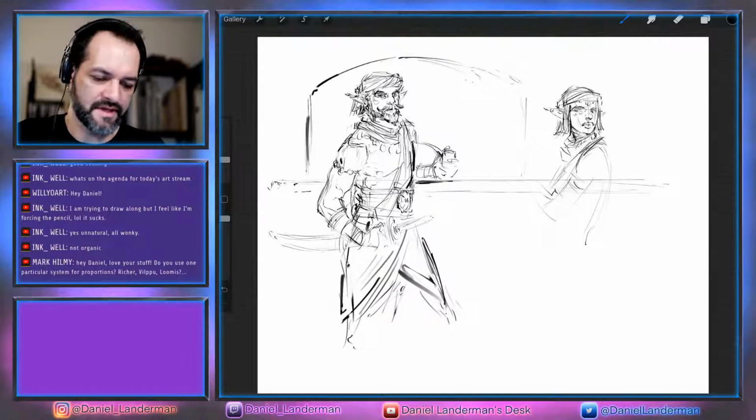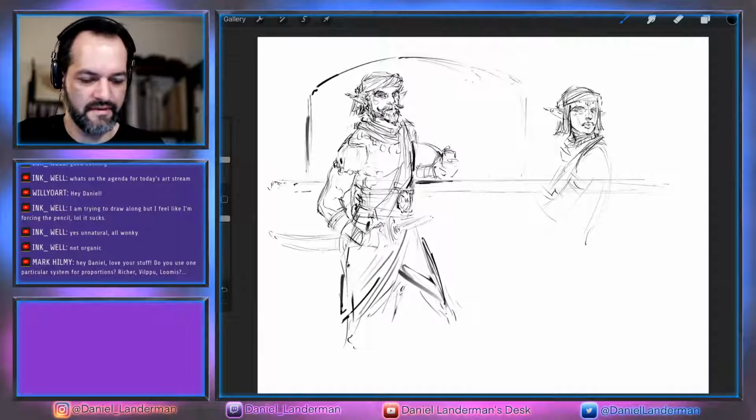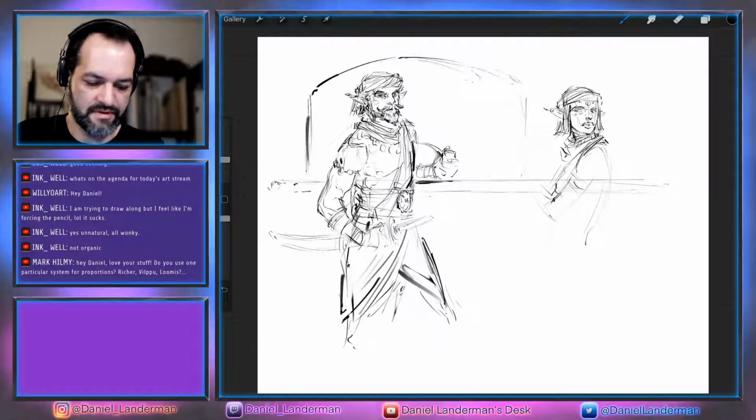I always was just kind of drawing out of my head and then studying things around me, the world around me and people, and trying to get a better understanding of some kind of naturalistic posing and stuff. So I don't know, that was always just kind of my